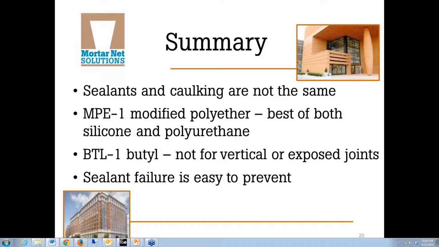a newer type of sealant, modified polyether, combines the best of both types. It has excellent adhesion and cohesion. It can be used at temperatures as low as 20 degrees Fahrenheit. Has excellent gunability, great weathering characteristics, a long life, and very low VOCs. MPE-1 is a modified polyether specifically formulated for masonry construction, and is designed to bond most types of common materials